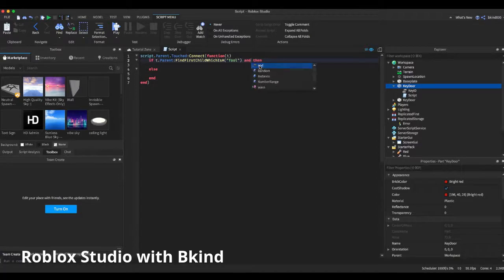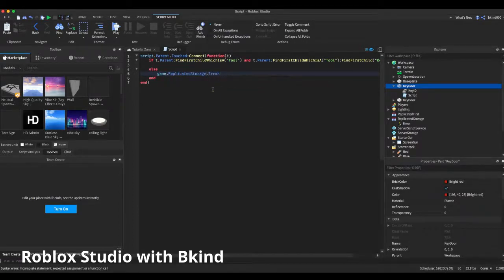And then if they don't have a tool, then we're going to have it say key ID here, and find first child key ID. Then if they don't have any of the following, then it'll fire an error message. Fire client. Game.players, that'll get the players. So there you go. T.parent.name. And in this tutorial, I'm actually going to make it so that you have to have the key out to